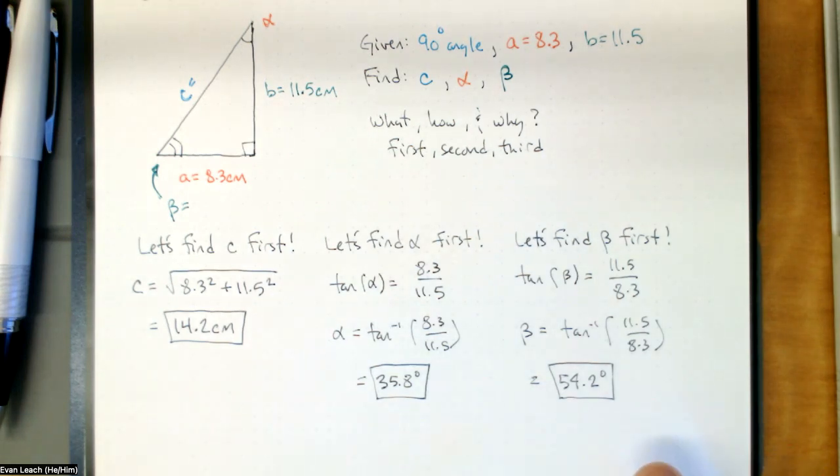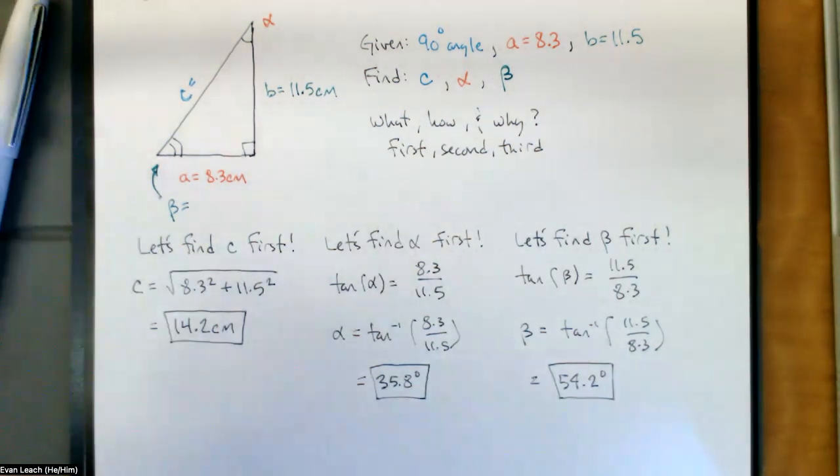One of the things that we want to point out here is that at no point in any of my calculations did I use rounded off information. The advantage here of finding everything as if we're finding it for the first time is that we're just using given information. Using just given information avoids round off error. We can avoid rounding error by using as much given information as possible. So here we can avoid rounding error